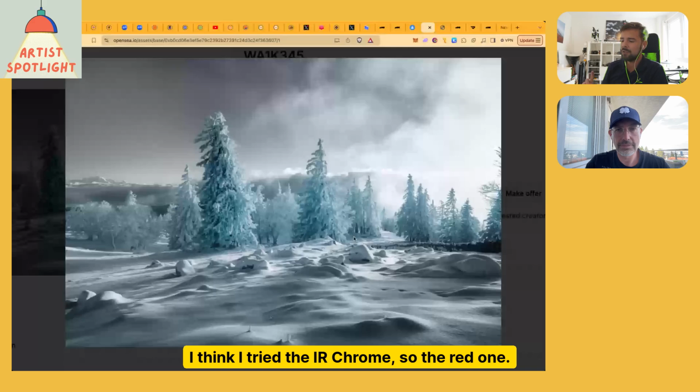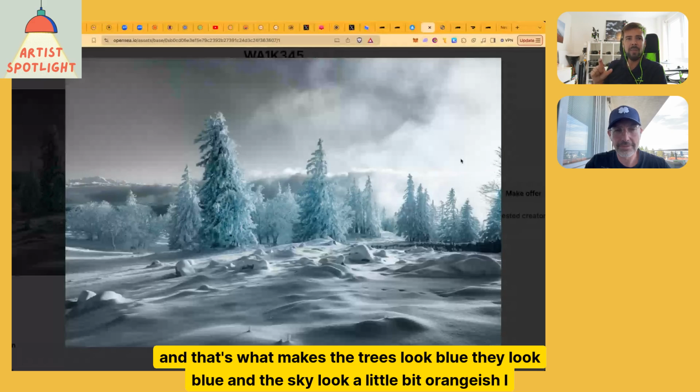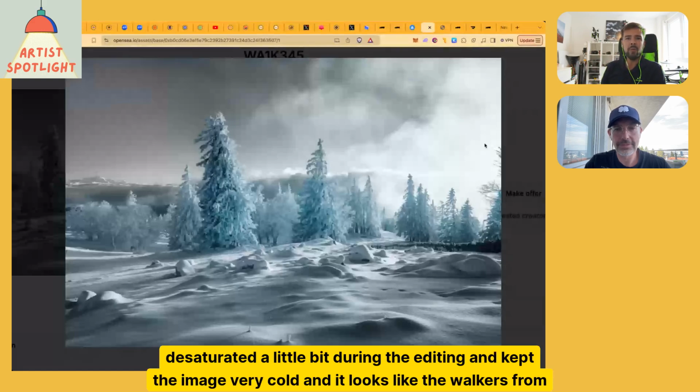I think I tried the IR Chrome, so the red one. I tried the black and whites, and this is the 720 nanometers. So you just keep a little bit of colors, and that's what makes the trees look blue. They look blue, and the sky looks a little bit orangish. I desaturated a little bit during the editing and kept the image very cold, and it looks like the White Walkers